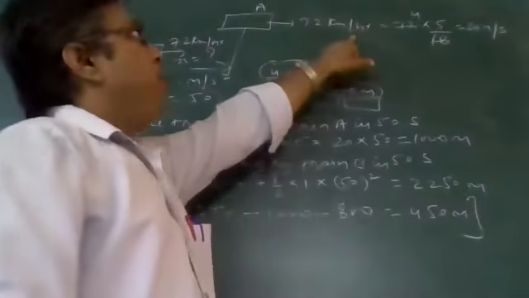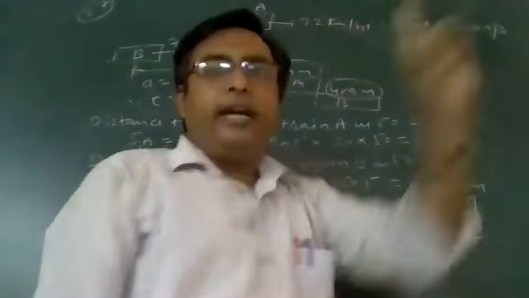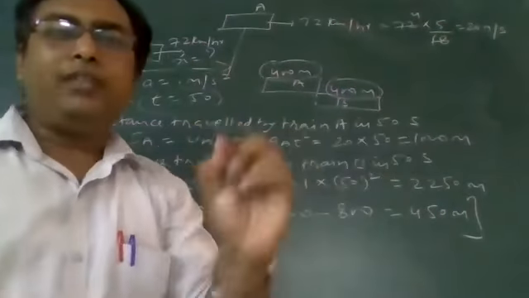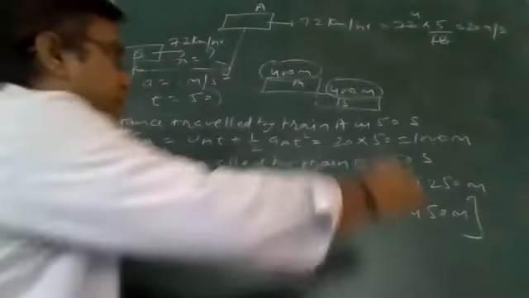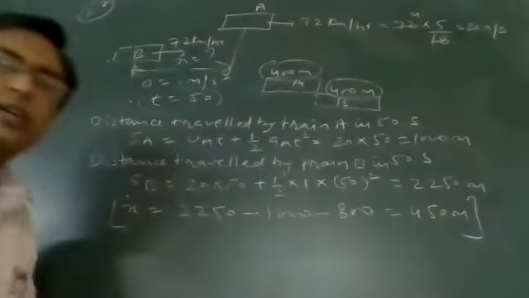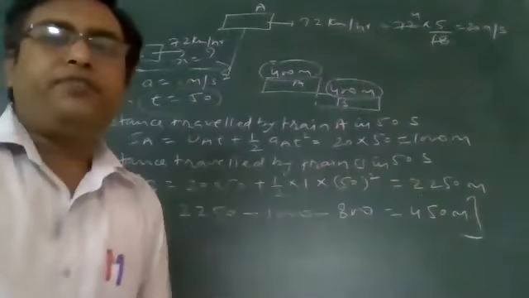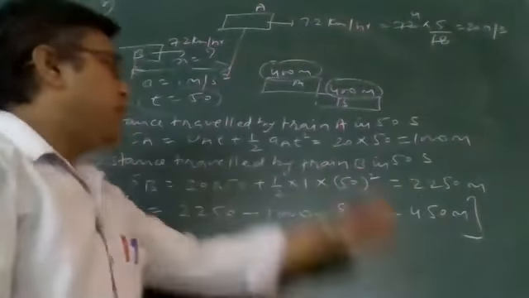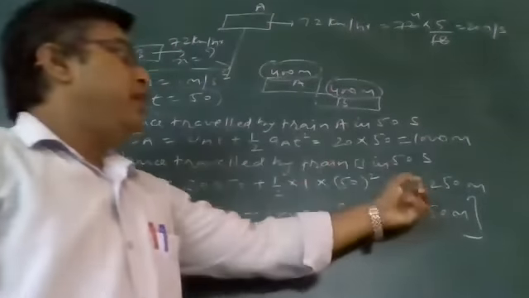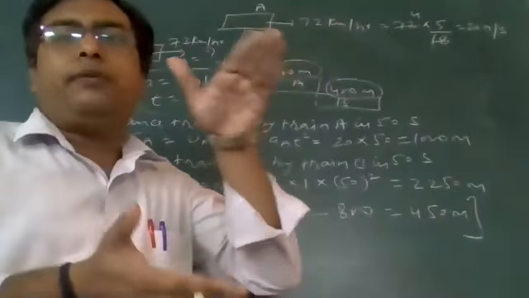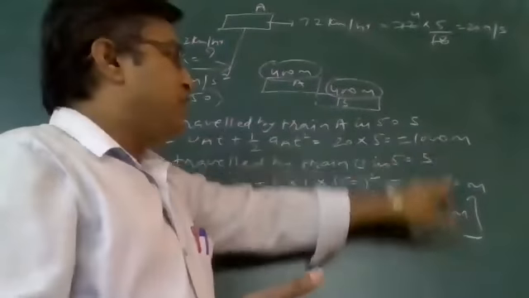I've converted kilometer per hour into meter per second. My speed is 20 meter per second. Now, distance traveled by train A in 50 seconds. Applied s is equals to ut plus half at square. You will get here 1000 meter. Now, distance traveled by train B in 50 seconds. It is accelerated motion. So I calculated it. You will get here 2250 meter distance. Now, what is the difference of distance between both trains? That is 1250 meters.